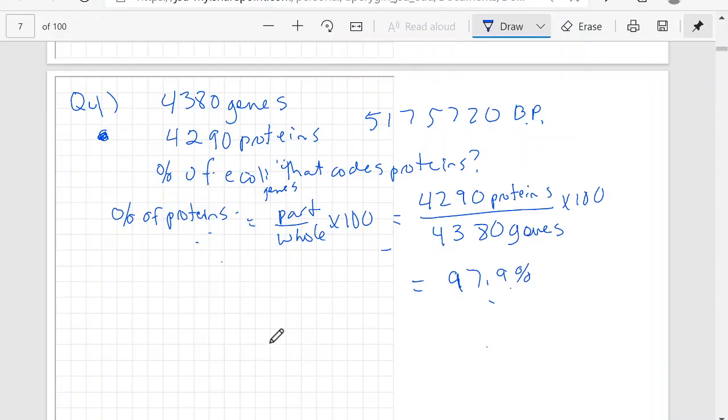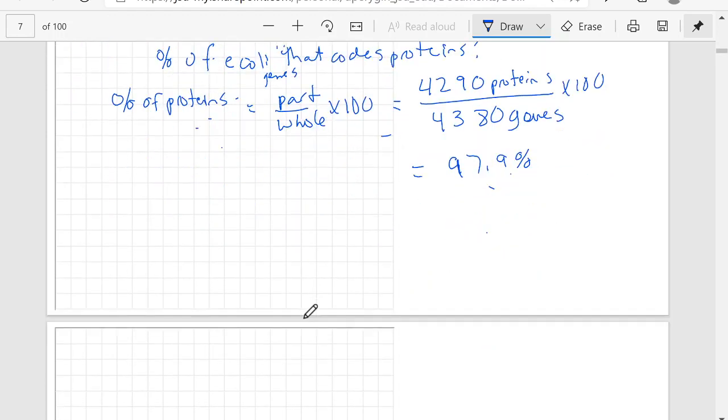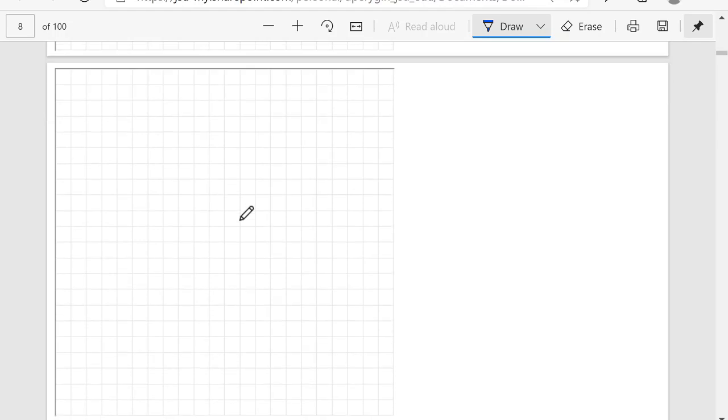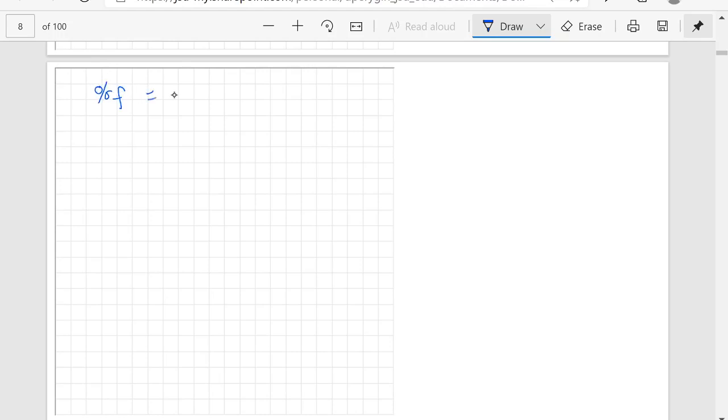It means we're going to use this formula. We're not going to use the times 100, we're going to use part over whole, okay? Not times 100 because we're going to have this as a ratio of 1, okay? So for this one, we're going to say the percent fraction is equal to proteins divided by genes. Okay, so we can plug our numbers in. 0.980 is equal to proteins